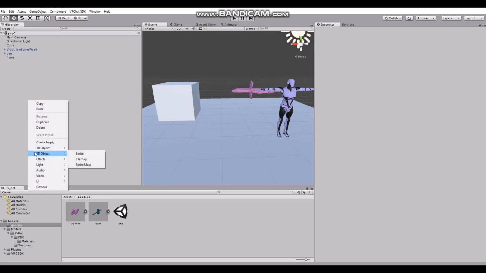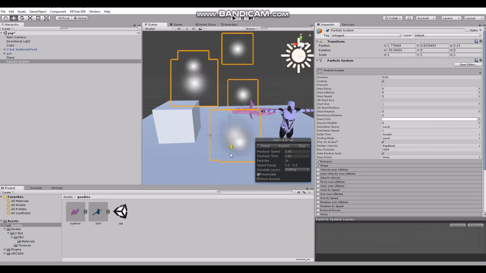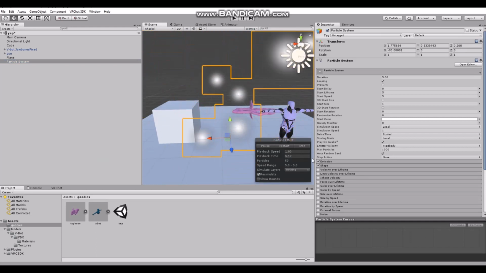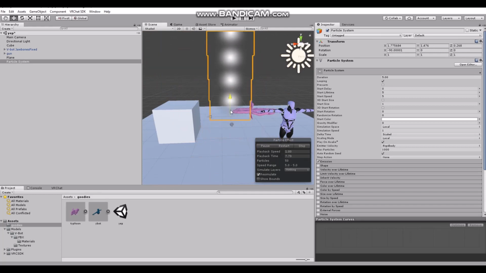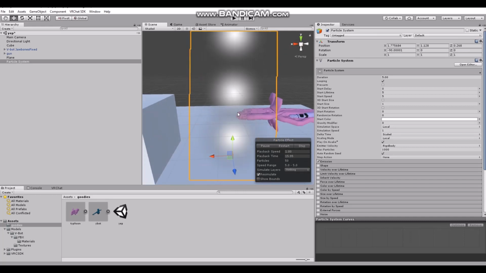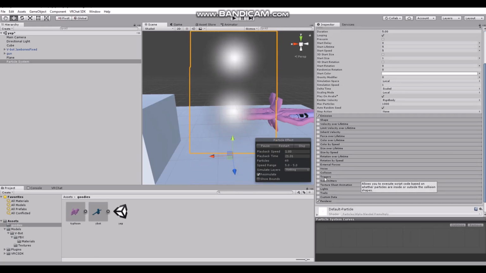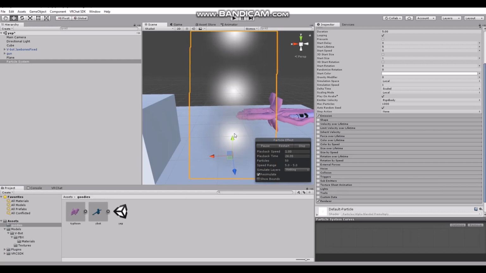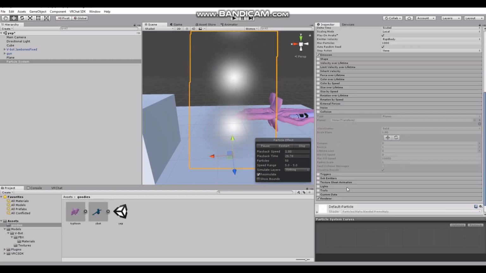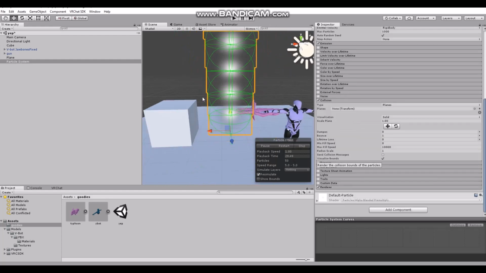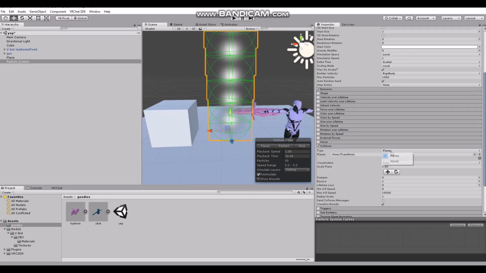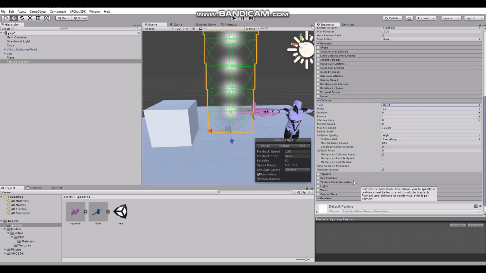So anyway, what you want to do is go to effect, particles. If you already have pre-made particles, you can use those as well. These ones I'm just going to show you. So these will be the bullets. The bullets will have the collision on it. If you have one of those particles that get activated through triggers, that also works, but leave that as a trigger only. The bullets are the only ones with the collision on it to make it count as whatever it's going to be doing, which is going to be hurting and destroying and doing what bullets